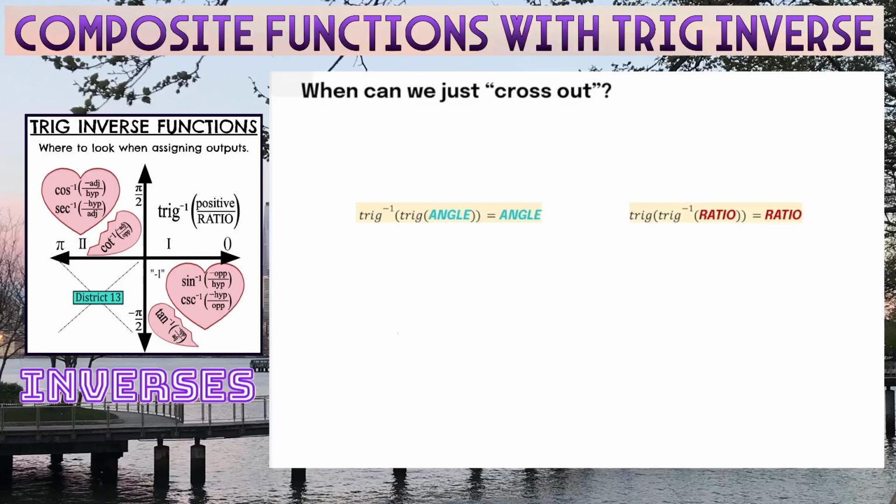Hey everybody, in this video we are going to quickly chat about when can you just cross out? When can we just get rid of some operation and its inverse as functions and then happily be left with something like x on the inside? And while it seems like we can do that with squaring and square root all the time, the reality is